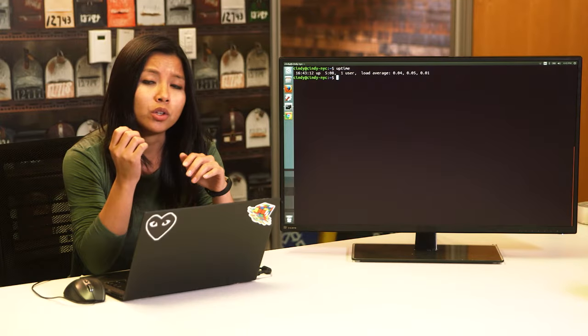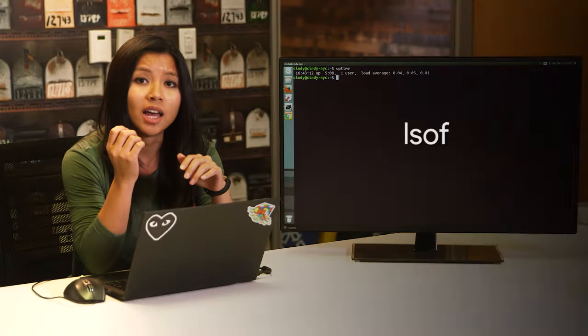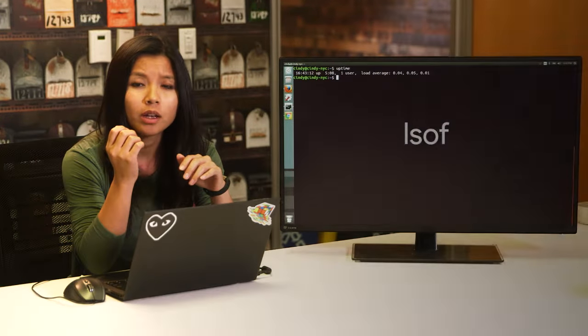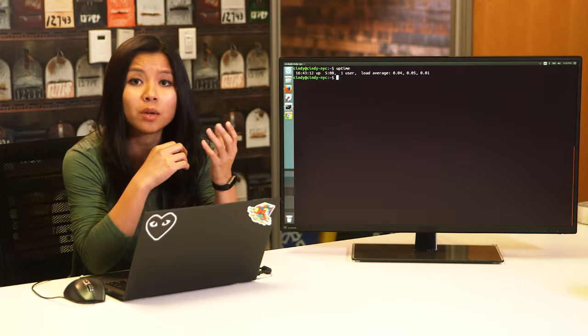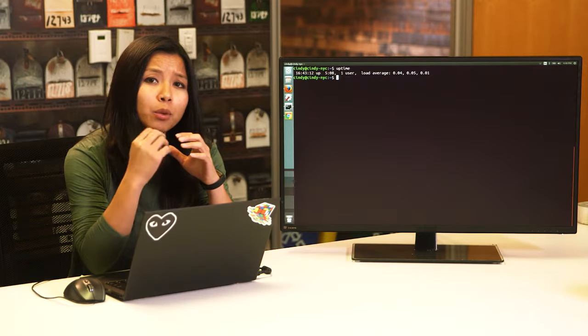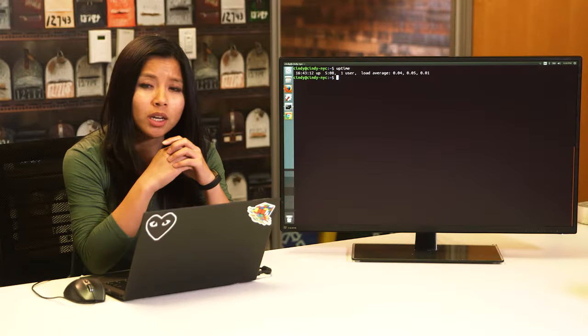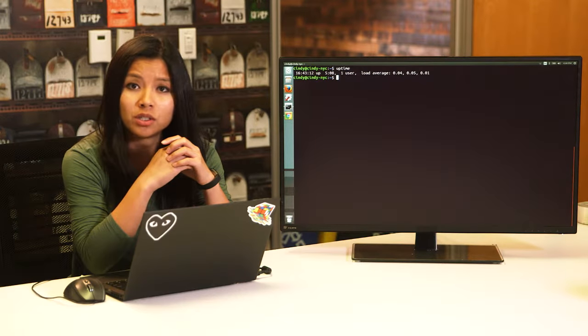Another command that you can use to help manage processes is the lsof command. Let's say you have a USB drive connected to your machine. You're working with some of the files on the machine. Then when you go to eject the USB drive, you get an error saying device or resource busy. You've already checked that none of the files on the USB drive are in use or opened anywhere, or so you think. Using the lsof command, you don't have to wonder.